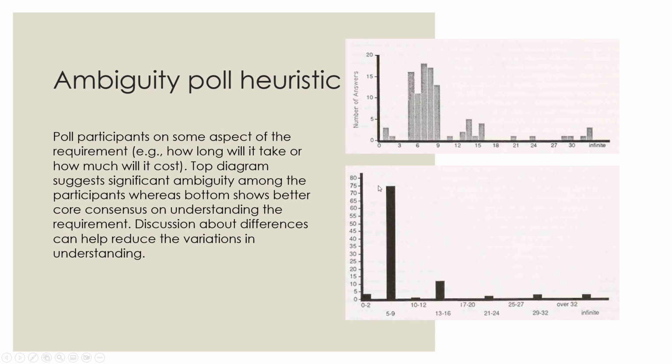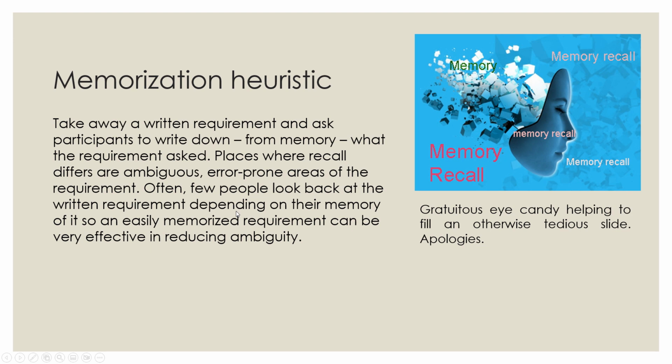You've probably read about it in some of your psychology or management or decision-making books, but the idea is you take a poll like this, and then you ask the people on the ends, the outliers, okay, well, why do you think it's going to take over 30 years to do this, if these are years? I mean, it's just an arbitrary measure. And why do you think you can get this done in 6 months? And by them explaining their explanations, often you can get more of a consensus. But that's the ambiguity poll, one way to get a sense of whether we have some ambiguity going on here.